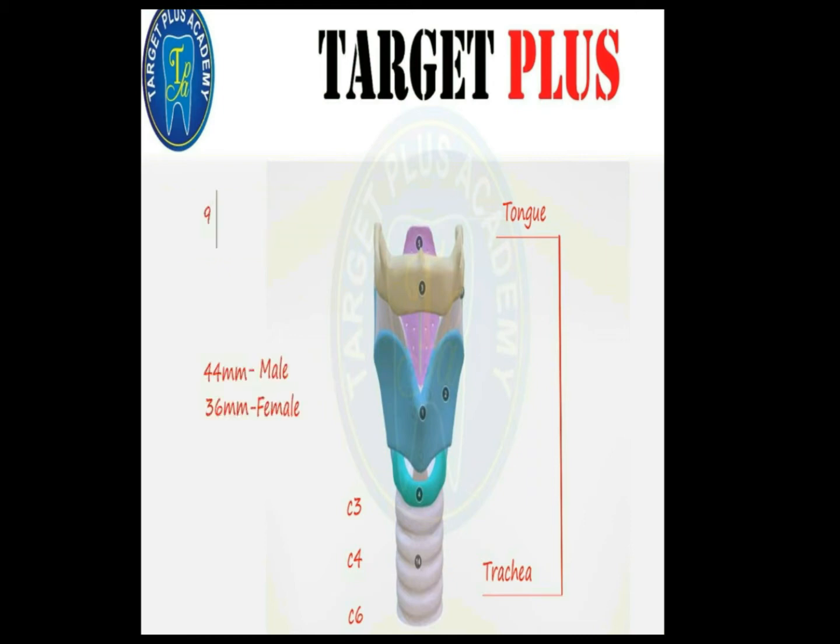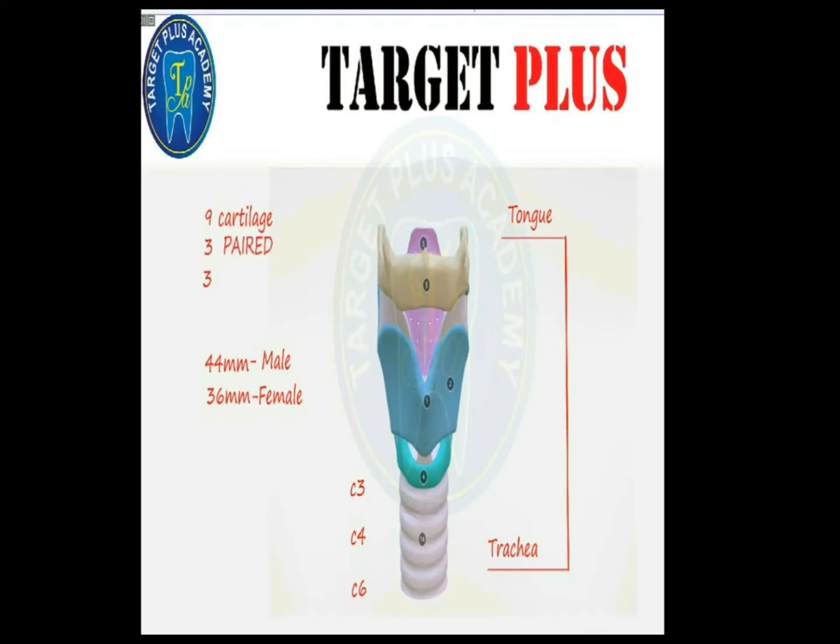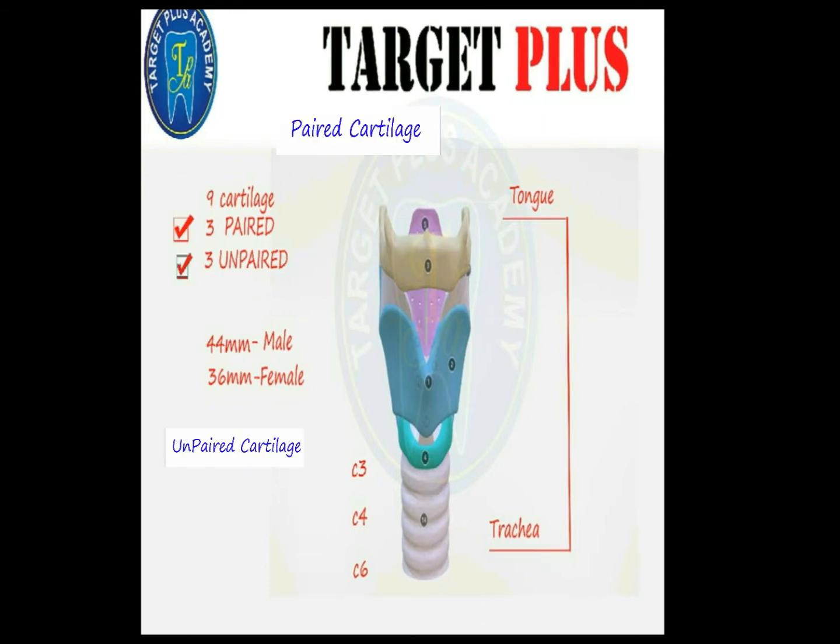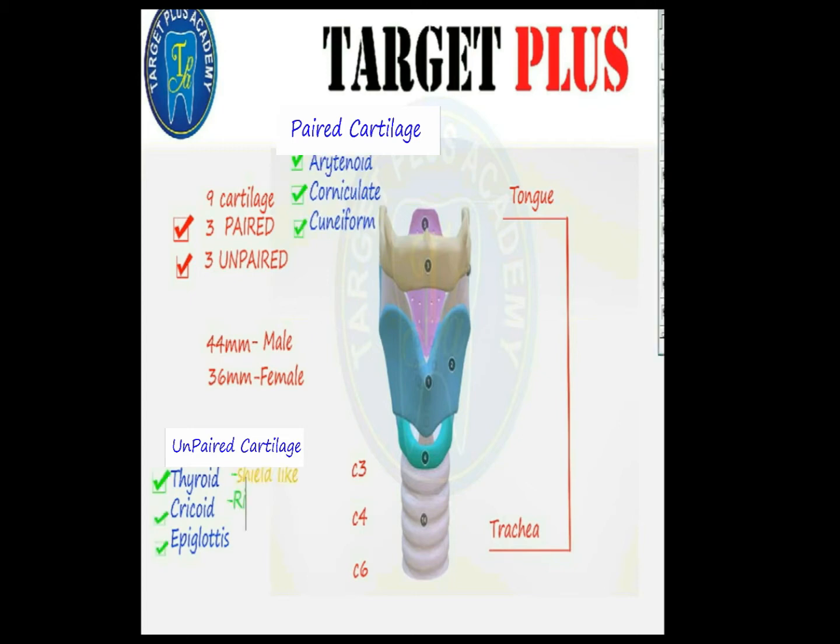Now the larynx is made up of a skeletal framework of cartilages. The cartilages are connected by joints, ligaments, and membranes, and are moved by a number of muscles. So the larynx contains 9 cartilages, out of which 3 are unpaired and 3 are paired. The unpaired cartilages are thyroid cartilage, cricoid cartilage, and epiglottis, whereas the paired cartilages are arytenoid, corniculate, and cuneiform. Now remember, thyroid is derived from a Greek word and it means shield-like, and cricoid means ring-like, whereas epiglottis is a leaf-like